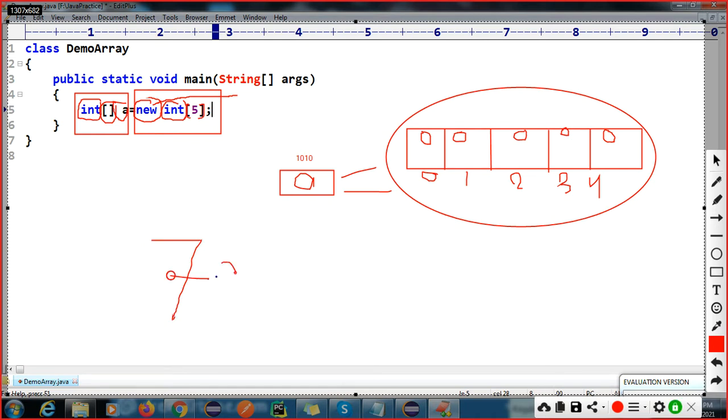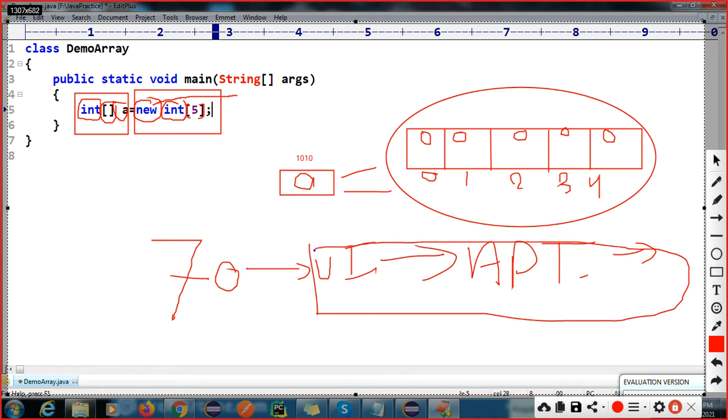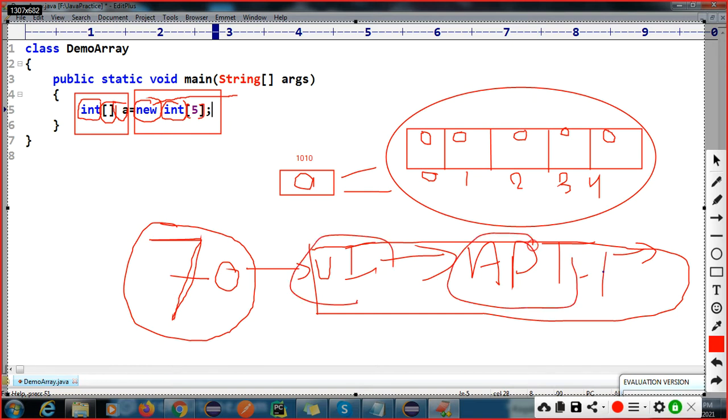If you go for any automation profile, whether you are going for UI, API, or mobile testing, these are the frameworks. It won't take much time to learn them. But here, 70% of your talent you have to show elsewhere. The UI, API, and mobile testing frameworks everybody knows, but